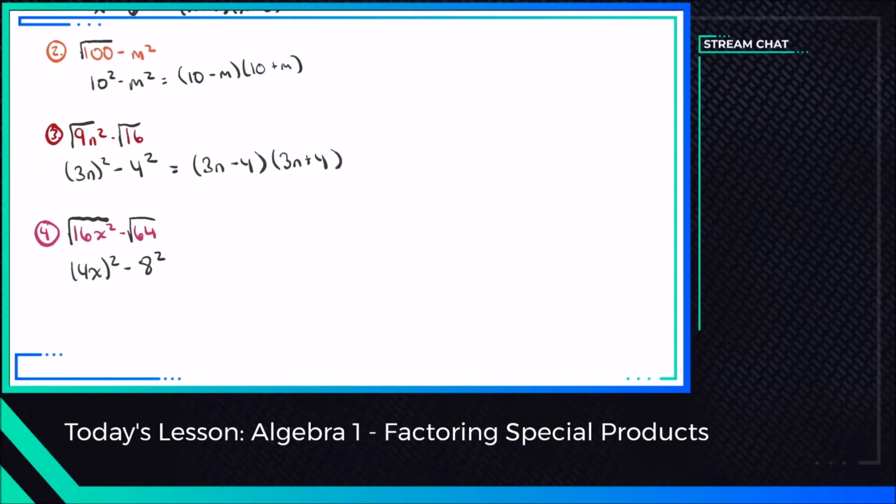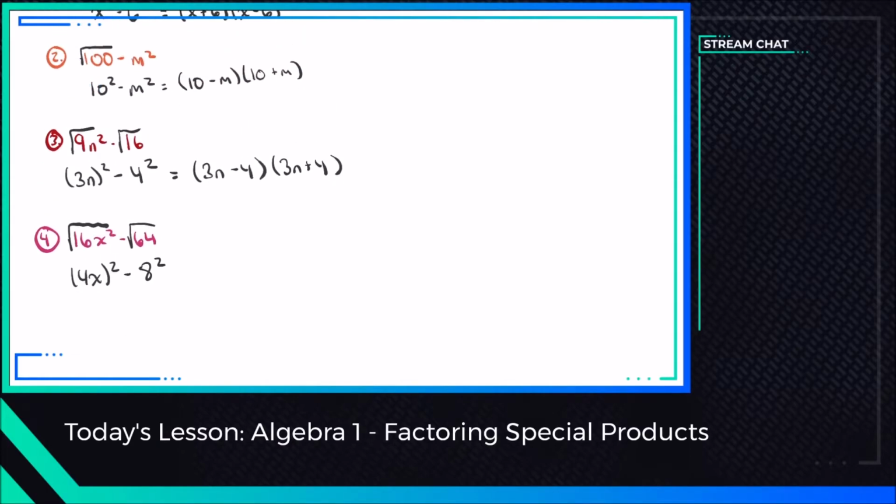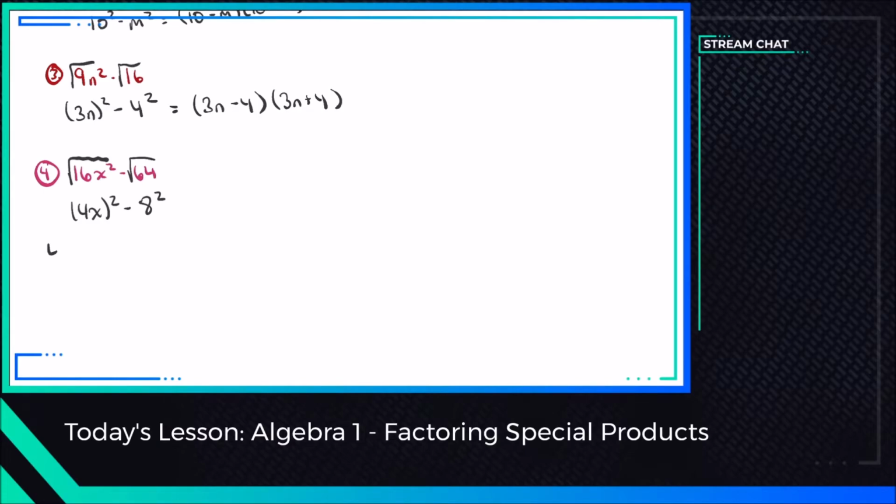Notice here that you can factor out a quantity of 4 from both of these, so we're going to take 4, factor that out, that's going to be x squared minus... and so now we have to be a little careful here. So let's back up. Let's factor our 4 out here from the beginning. So we're going to factor out that quantity 4 from the beginning, and that's going to be 4x squared minus